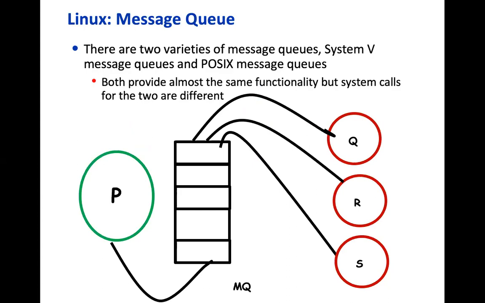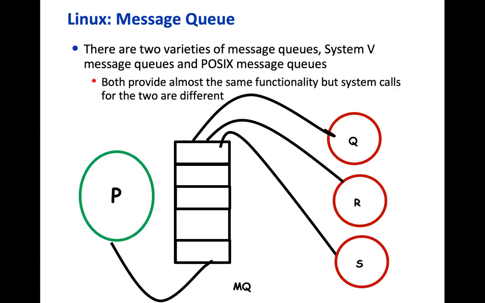You can see this diagram which I made is not so good, so I won't add arrows here, but nevertheless. A message queue is a queue of messages. It's actually a linked list. What we are showing here is a queue that is associated with a process, say P. So P requests the OS to create a message queue for it.